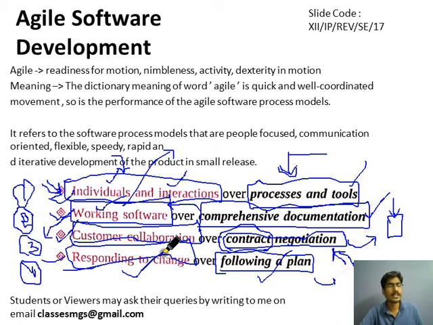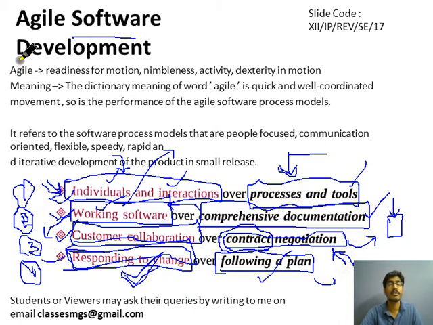If the client wants to change something, we directly respond to these changes very quickly. That's why this model is followed in product development, because if there is a competitive product in the market, and it provides some features, then we also need to provide the same features as quickly as possible. If we don't, our product might become outdated and will not be used by any user in the end market. That's why responding to change is a very necessary thing in software development.